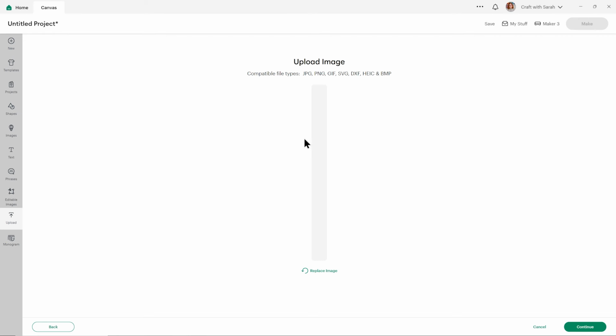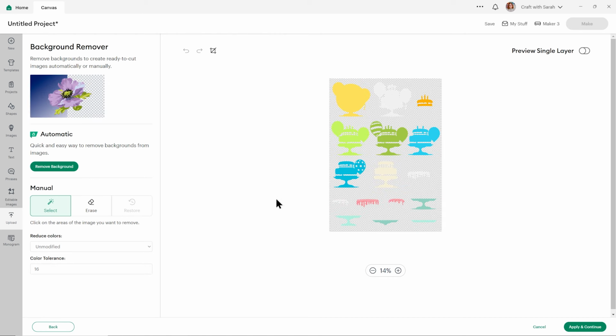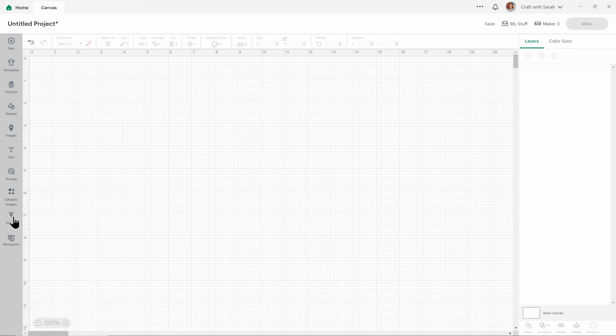And it's not even showing it in the preview, which is odd, but I'm going to go ahead and press continue. Now this has gone to something different than what we saw with the SVG, which is this background remover. And that means that you've uploaded something which is not an SVG. If it's an SVG, you'll never see this background remover page. So I would know at this point I've uploaded the wrong file type, so I can just press cancel down here. And then try again, go back to upload and do the SVG file.